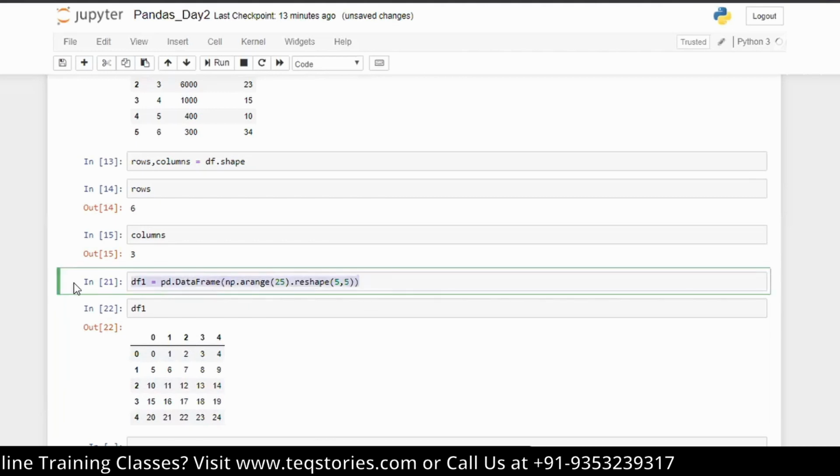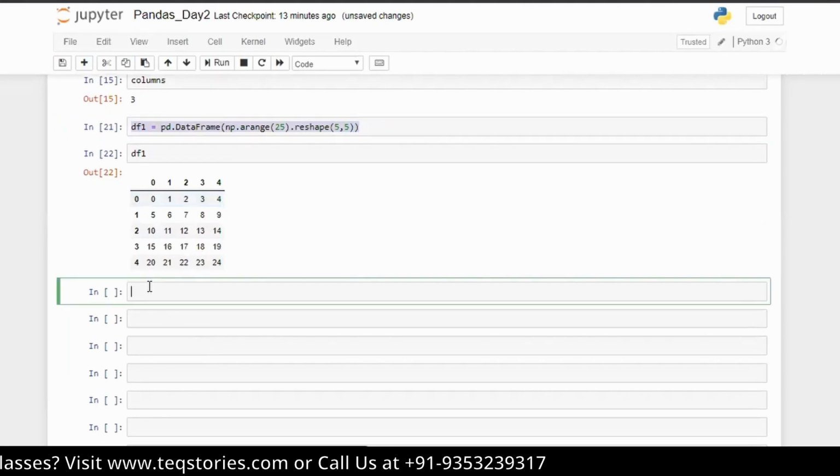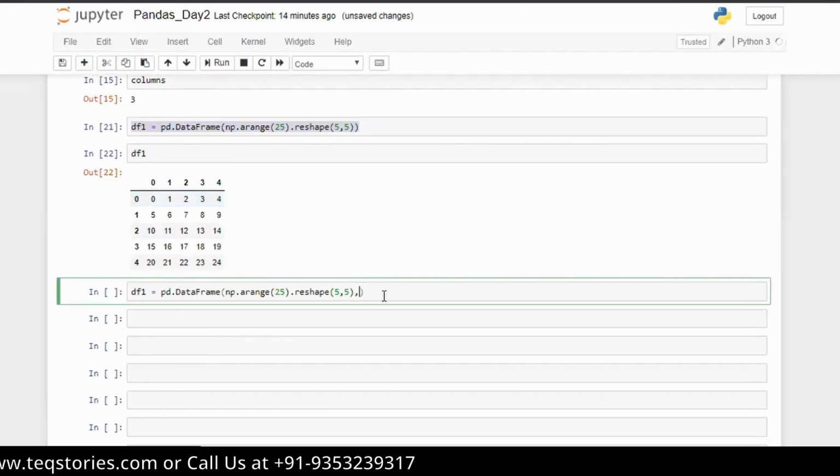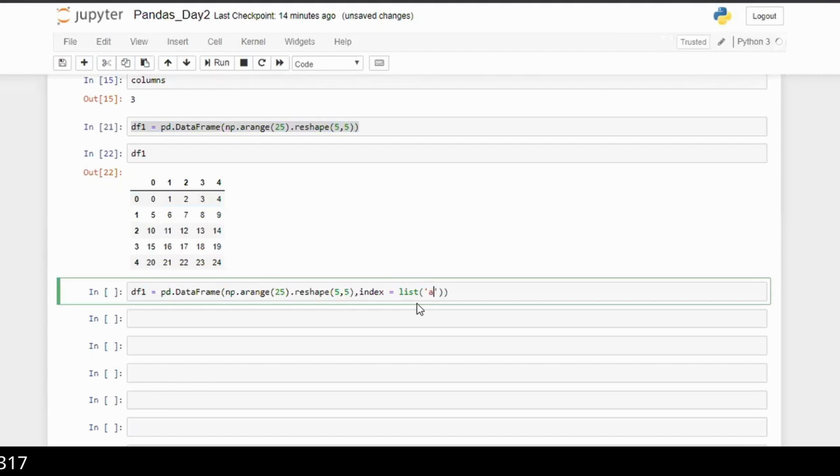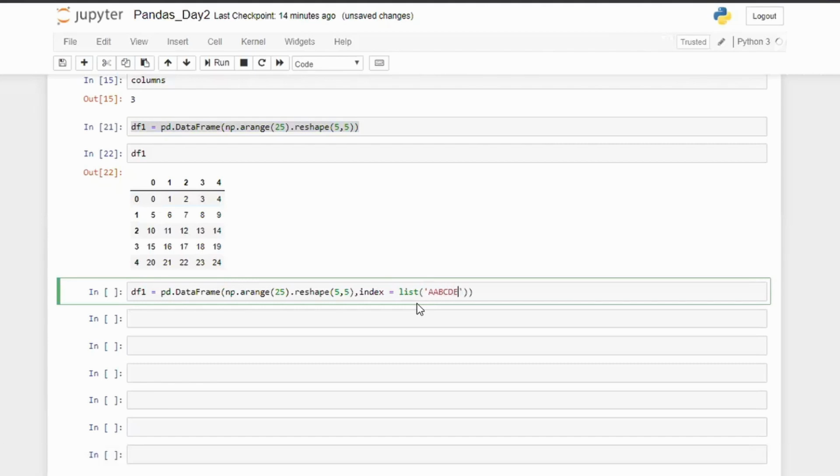I'll copy this here in this cell, and I'll give index equals to this list of A, B, C, D, E. And I'll give columns here. Columns equals to col1, col2, col3, col4, col5.